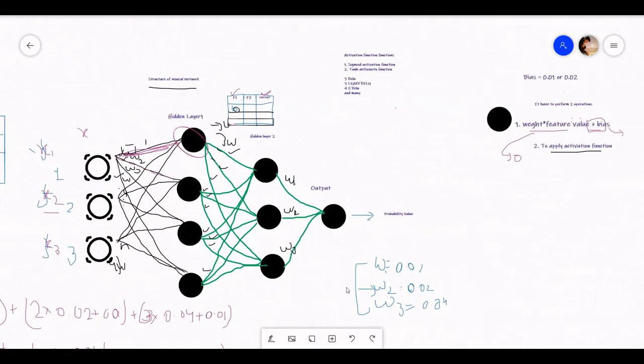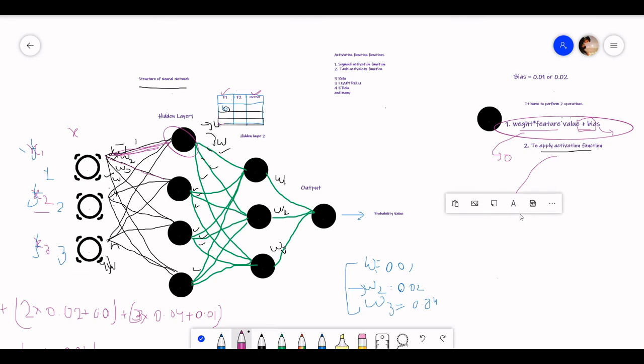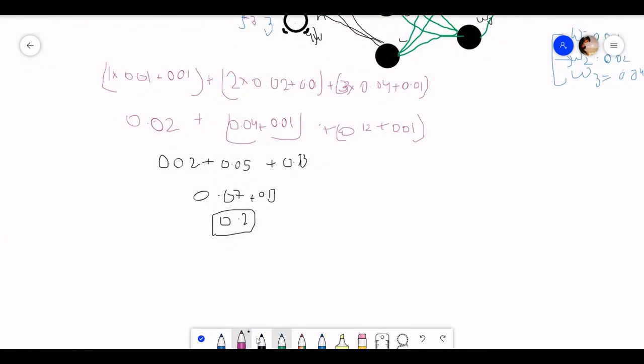We already talked about how it first calculates this. Now it is time for the activation function. Let's suppose we are using the sigmoid activation function over here.